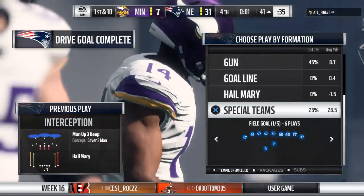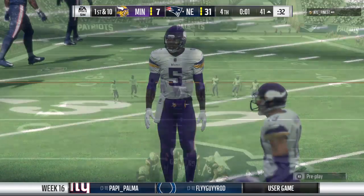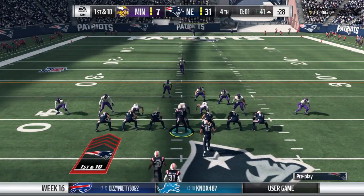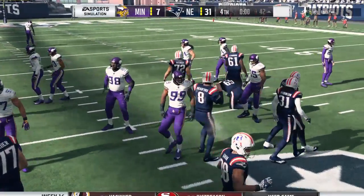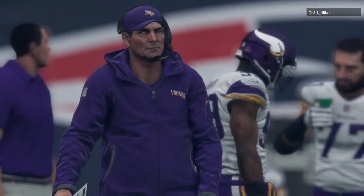He's thrown 5 picks. At this point, you got to be thinking, is it something between the ears? I think a confidence hit does occur once you start getting those numbers up there a little bit. But as you and I both know, it's not always just one guy's fault. Maybe somebody ran the wrong pattern. Maybe some balls were tipped. It could be so many different things. Bottom line, though, it comes...